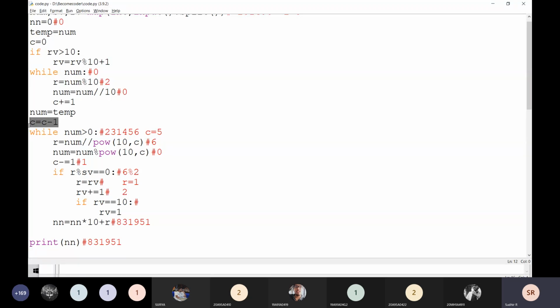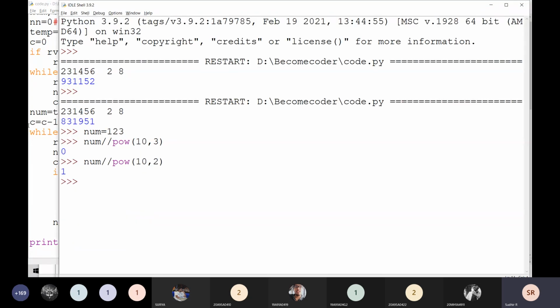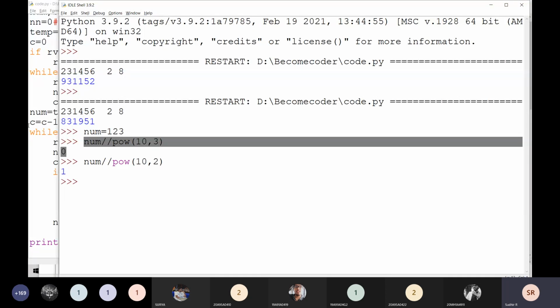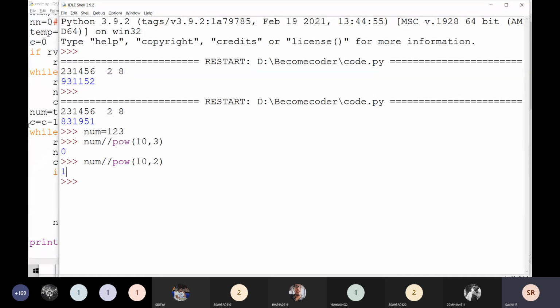Okay, we can get it only with practice. At the first time when I'm writing like this, I will definitely not write this condition, I don't know exactly. If the mistake is done, I write it like this and check it. Yes, it is coming 0, right? Why is it coming 0 here? That is 123 divided by 3 zeros, which means 1000. Then automatically it is going to be 0, right? 3 zeros means that is going to be 1000.